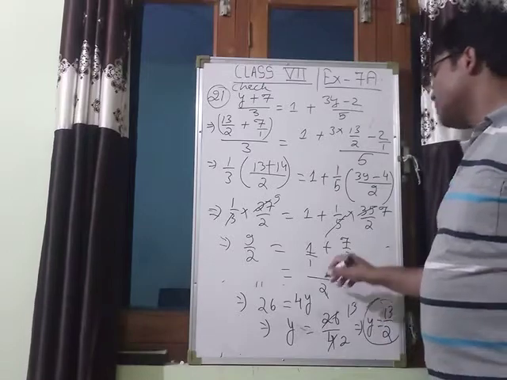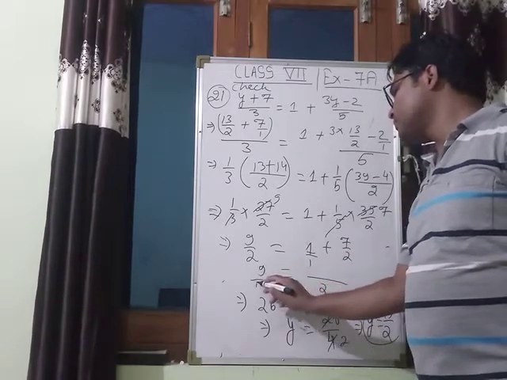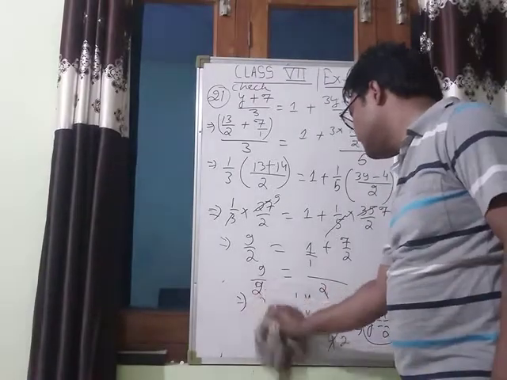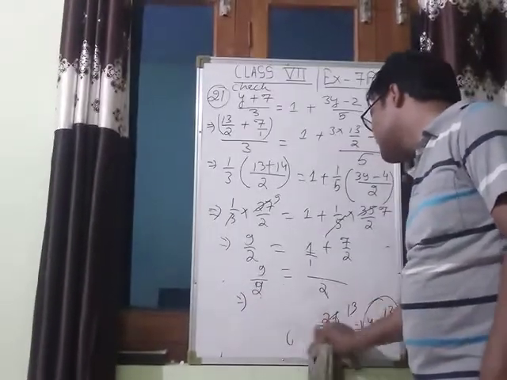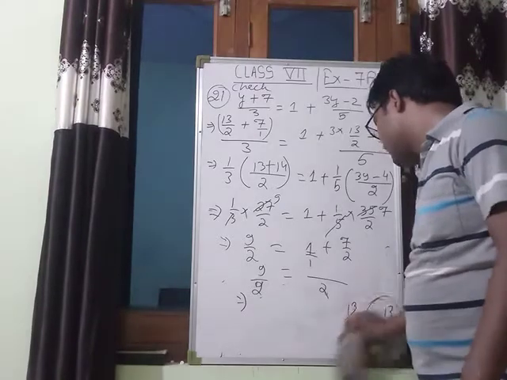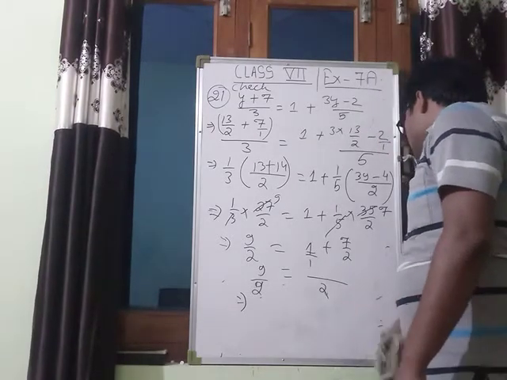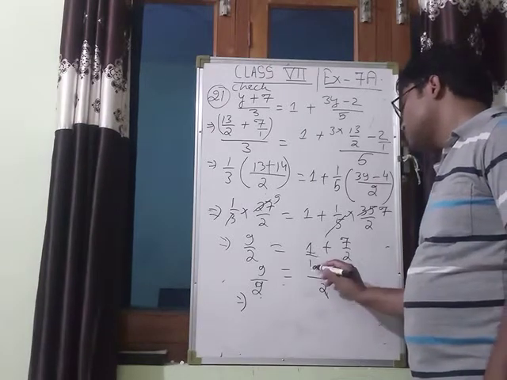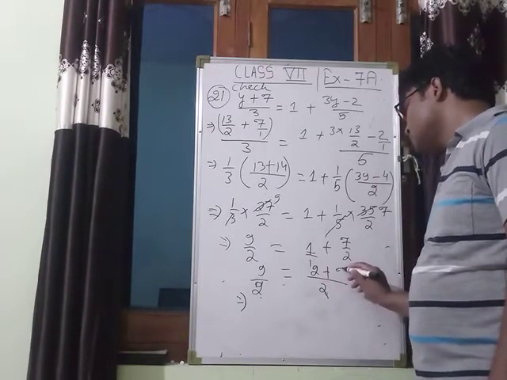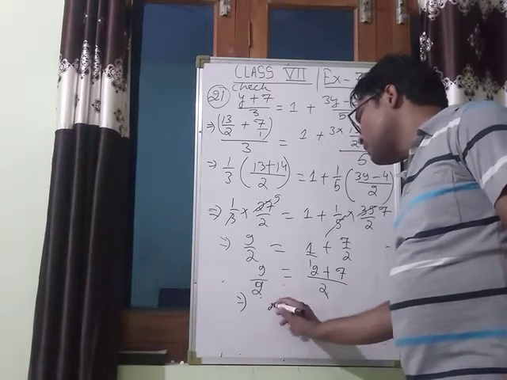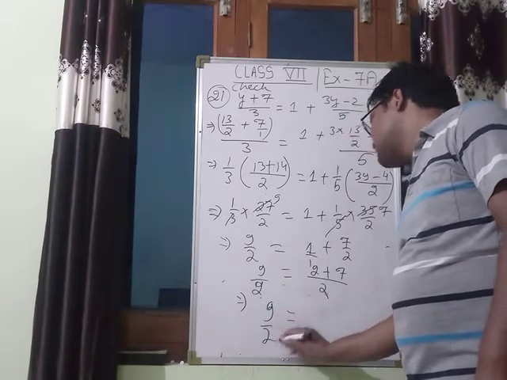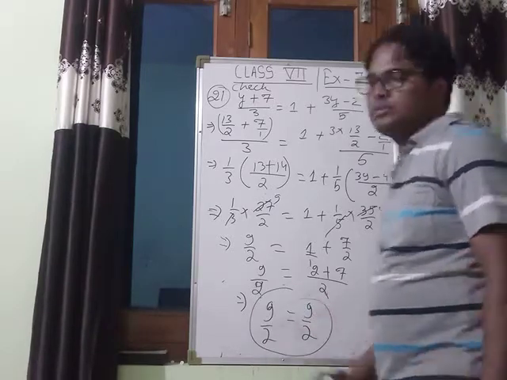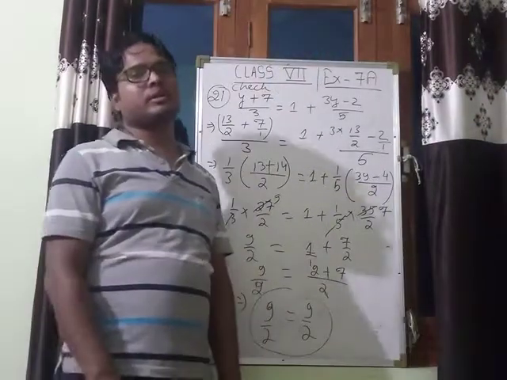2. So that is 9 by 2 on this side, and I am going to rub this for proper space. So here will be 1 into 2 is 2, 2 into 1 is 2, and plus 1 into 7 is 7. Clearly our left side is 9 by 2 and the right side is also 7 plus 2, 9 by 2. Means our answer is correct. So our answer is y is equal to 13 by 2.